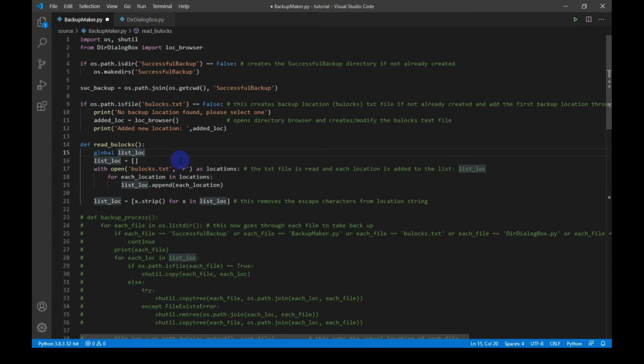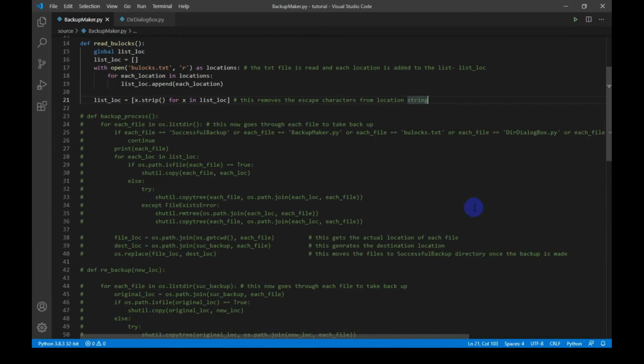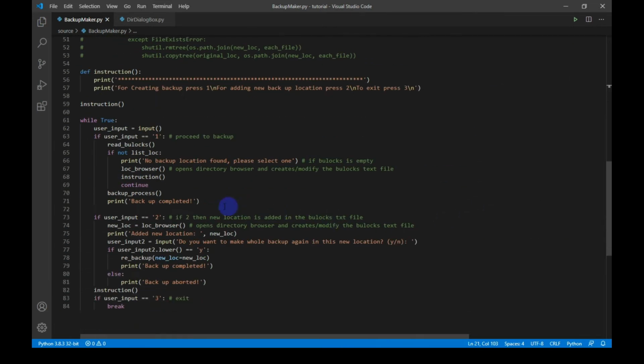This list stores each backup location from the bullocks.txt file, as you can see here. And this line of code removes the new line character which was read unwantedly from the text file. After this we will move to the backup_process function, and in any case if the list_location is empty, that implies that Bullock's text file was empty. The program will ask the user to at least enter one backup location.